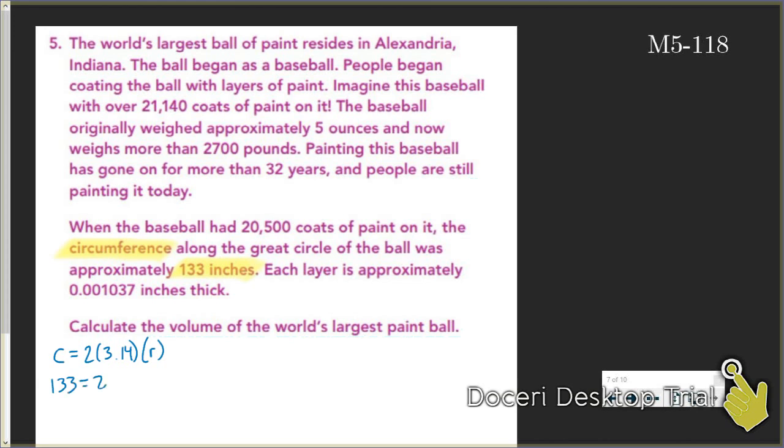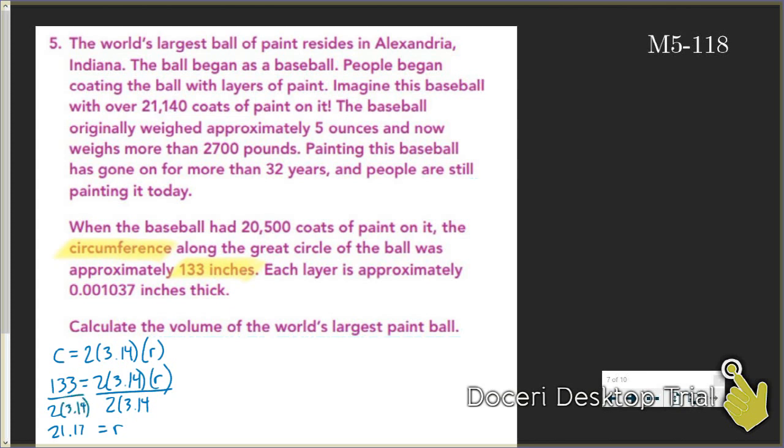That's going to equal 2 times pi times the radius. Then when you work backwards and divide both sides by 2 times pi, you end up with the radius being approximately 21